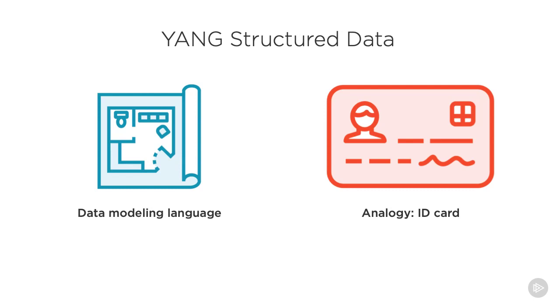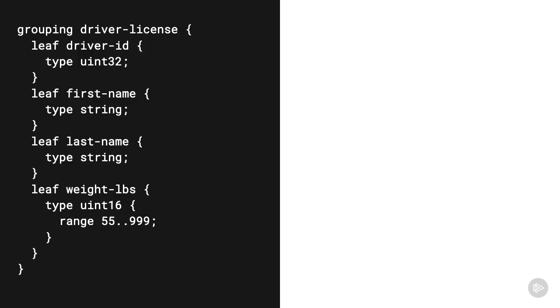Your name is a string, maybe 2 or more strings depending on if it includes your first name along with other names. Your weight is probably an integer, measured in pounds or kilograms depending on the country of issue. YANG works similarly in that all data fields have a type and optionally have a valid range. Devices may support multiple YANG models to represent the same data in different ways too. Here's a snippet of a conceptual YANG model that might describe a driver's license. Again, I'm assuming you've worked with YANG before, so this should be a review.